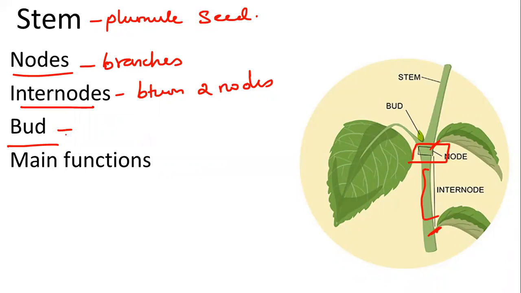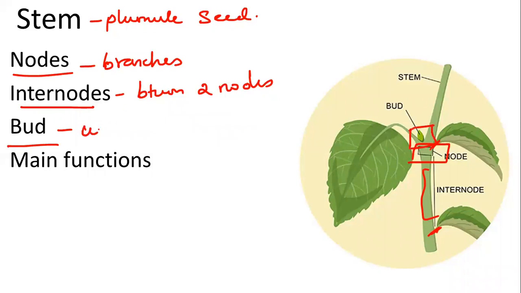And the last one is the bud. This bud will form on a stem. It will form as a small stem or a branch, and later it will be enclosed with protective scales and convert into axillary positions. So first the bud will form into a small stem or a leaf, and later it will convert into branches, as well as a new axillary form. That is what about the bud.